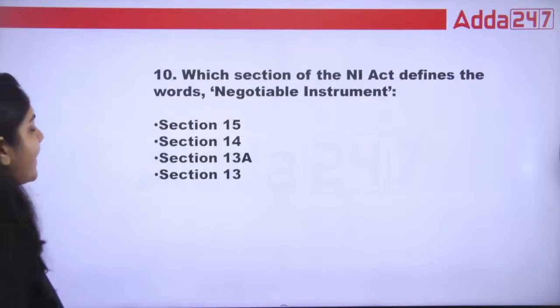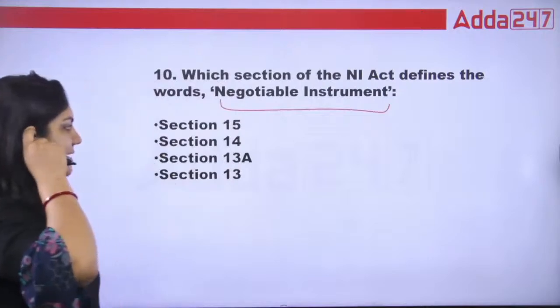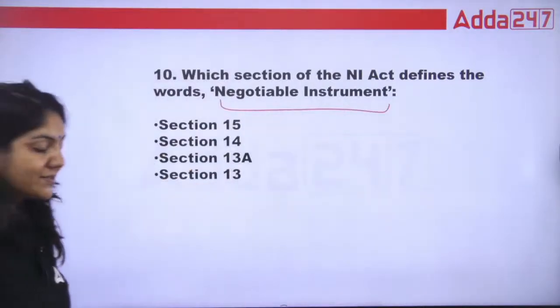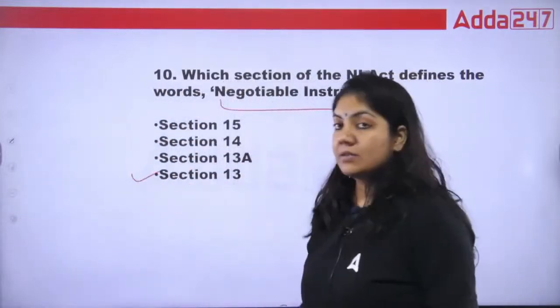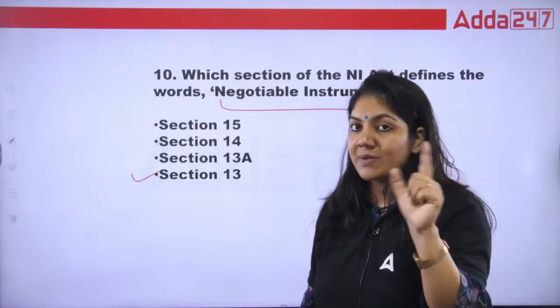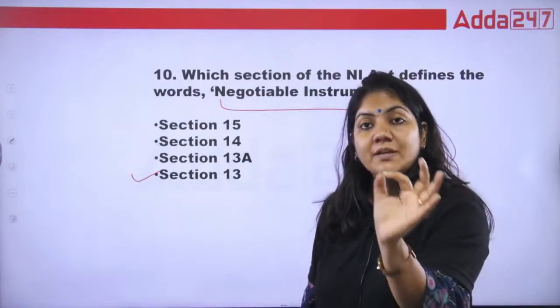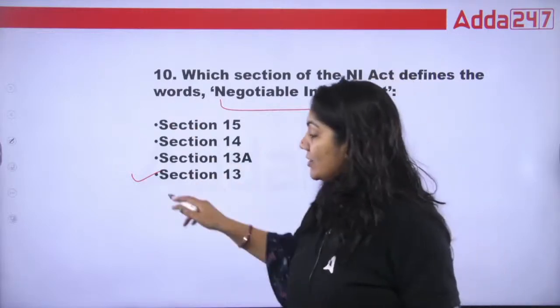Which section of the NI Act defines the word negotiable instrument? 15, 14, 13A or 13? Always remember, under section 13, the word negotiable instrument is not defined. It says that negotiable instrument includes check, bill of exchange, promissory note. So for the 10th one, D is the